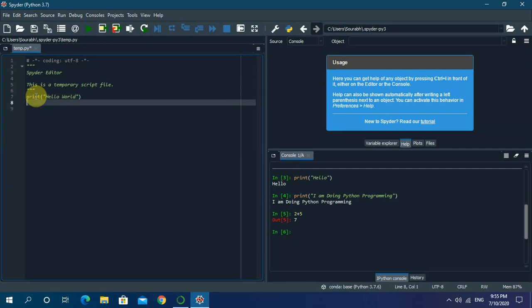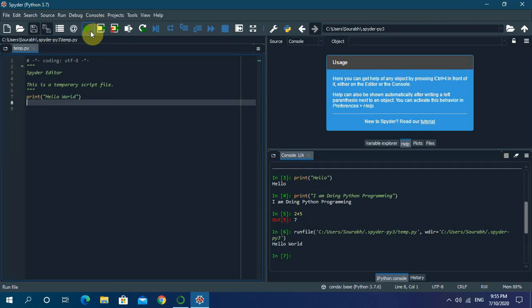As soon as I pressed the enter key, you can see no output has been generated yet. But what was happening in the IPython console, as soon as you click the enter key, the output gets generated. So for getting the output of this particular code, you are supposed to click on this run button which is over here. As you can see, the shortcut is already written in the bracket. You can press F5 as well to get the output of this code. So I am clicking on this button.